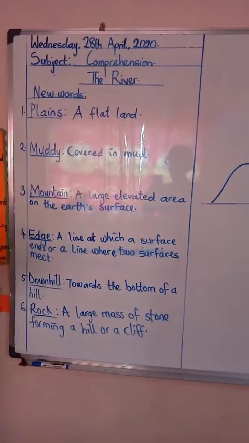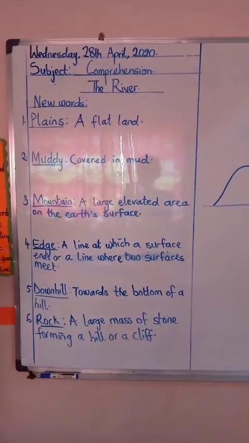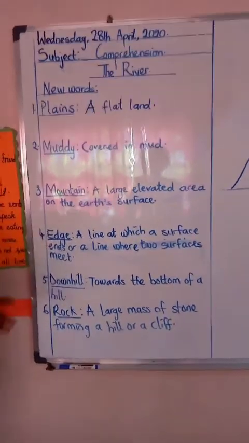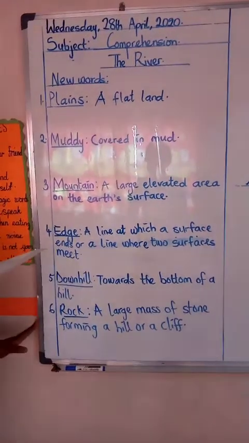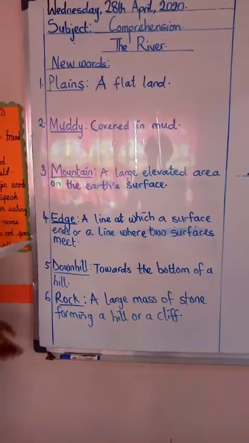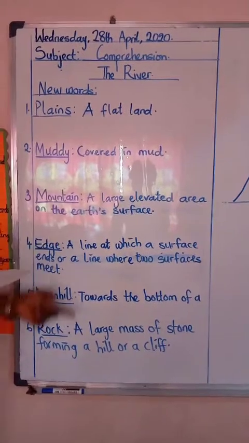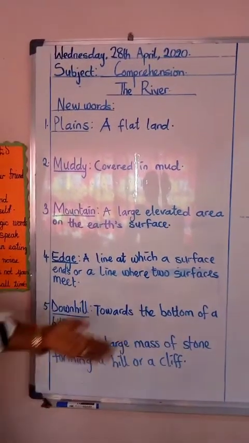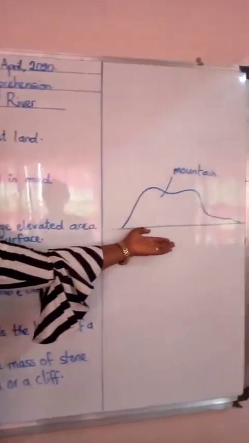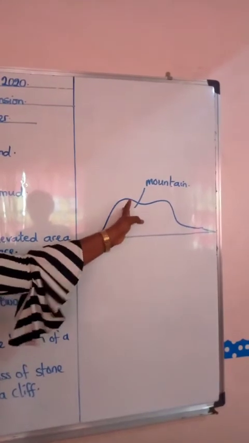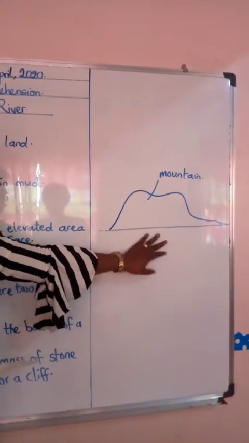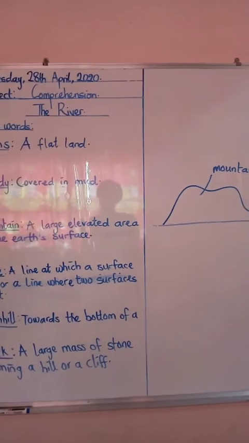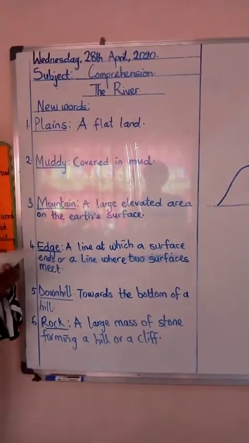Now I'll leave you with 5 questions. You read the passage on your own, learn these words, pronounce them correctly, and then understand the meanings, okay? Remember my illustration about a mountain. This is the elevated area, and this is my earth's surface. Beautiful. So, your questions are, number 1,